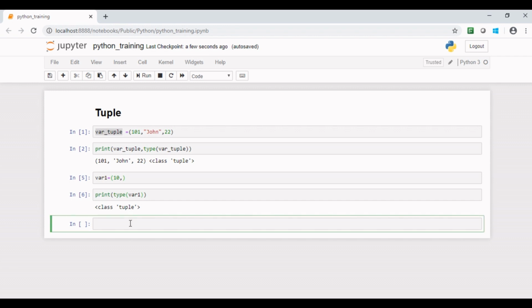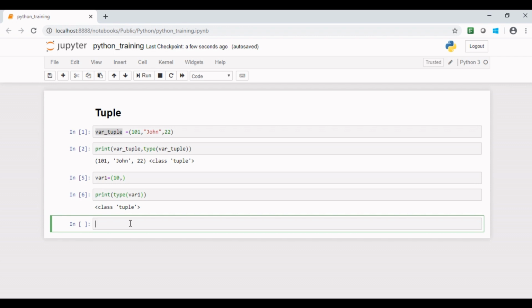Now let's discuss few operations that we generally do on tuples. A tuple is indexed in the same way as a Python list. You can use specific index value to access items in a tuple. We have already discussed it in detail while understanding lists. Please watch our tutorial on Python list first before you go ahead with this tutorial to understand indexing and slicing of lists. Same goes for tuples as well.